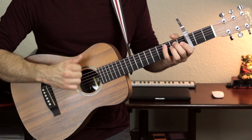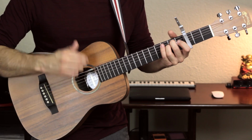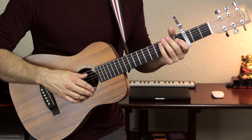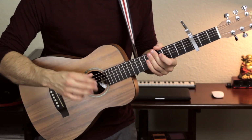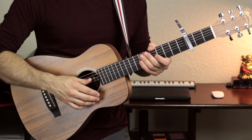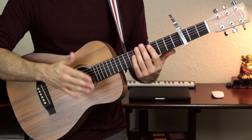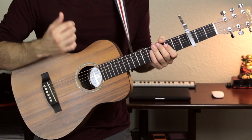And then you do a down up strum followed by a slap. Okay, there's a few options for how to get that snare drum sound. The way he's doing it is this: by placing this part of the hand down on the strings right before you strum,